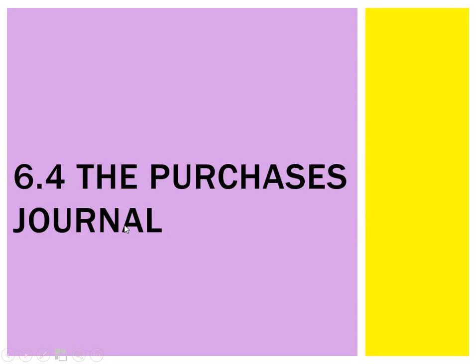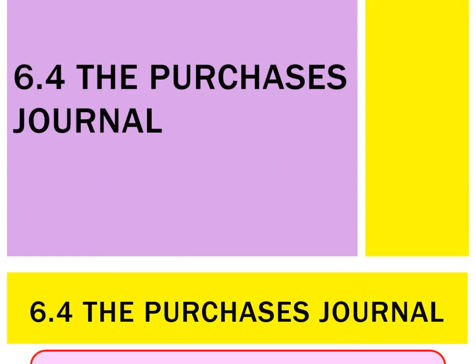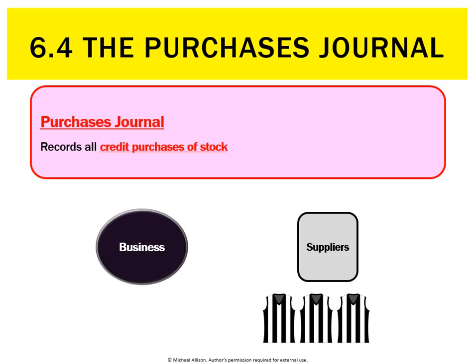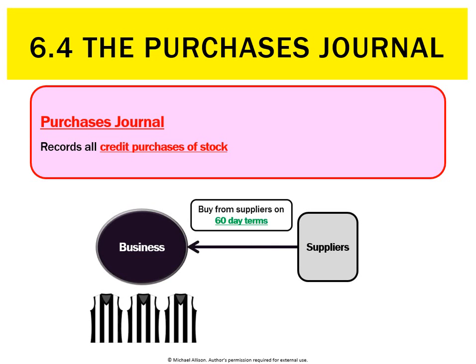So we've recorded our credit sales in the sales journal. We also need a journal to record all the credit purchases of stock. Note that it just says stock, so if we bought something on credit that wasn't stock, that wouldn't go in the purchases journal. So for instance here, a supplier could sell the business some jumpers in bulk to sell